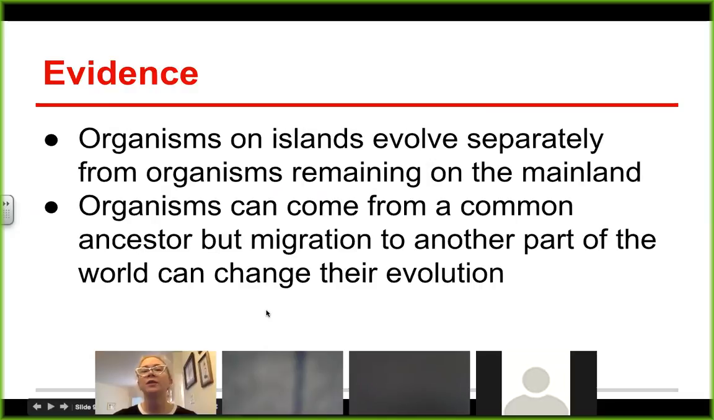So organisms on islands can evolve separately from organisms on a mainland, and organisms can come from a common ancestor, but migration to another part of the world can change their evolution, right? Because it's all about the environment. So if we take a seed-eating finch and we put it in a location where there's no seeds, it's not going to do well. It's going to die. And then that would probably be the end of the seed-eating finch in that part of the world, right? So the environment does play a role here. The finch needs to have a trait that works in that environment, or any animal or plant,